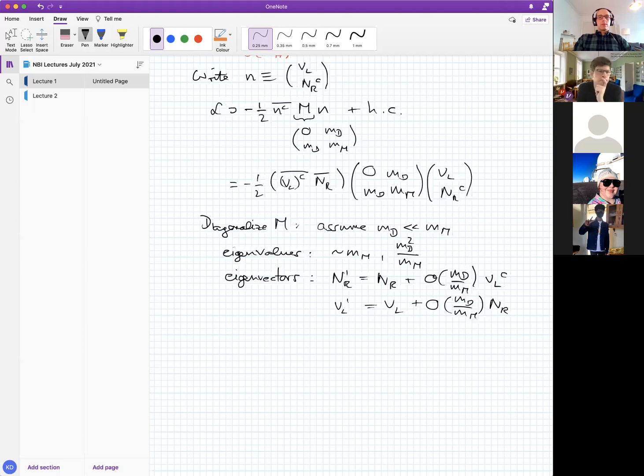Okay. I should say there is one subtlety here, namely one thing that I omitted so far. If you just do the diagonalization of this matrix, what you'll find is that there is a minus sign in front of this eigenvalue. So you may wonder, what does this mean when I get a negative mass? Well, the answer is that such a minus sign can and should be absorbed into a redefinition of the fields in order to make the masses that appear in the Lagrangian real. So this is absorbed